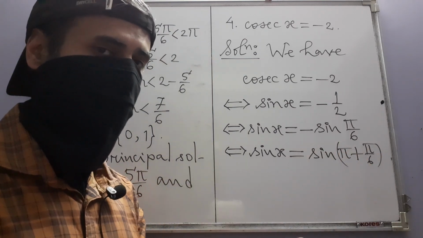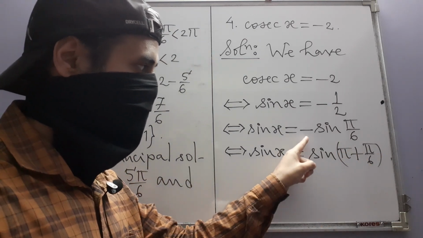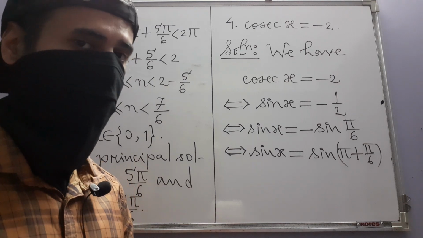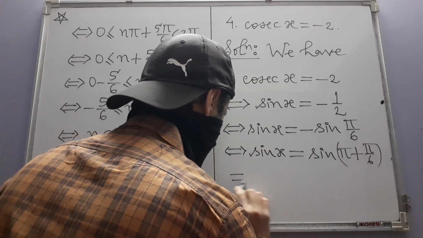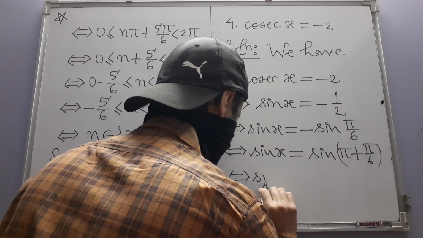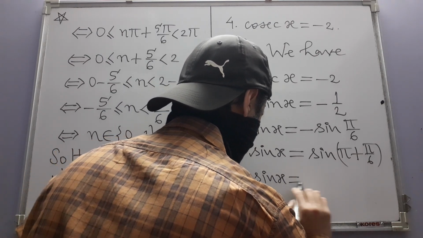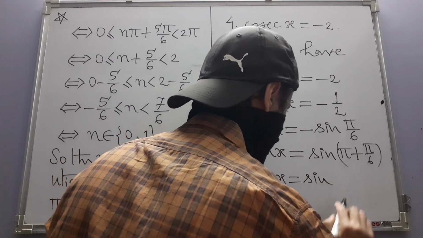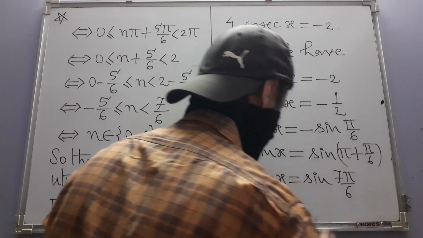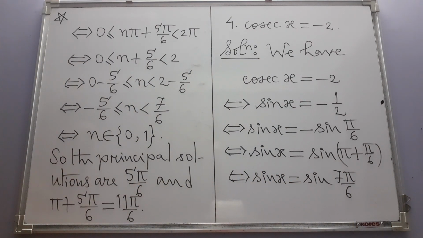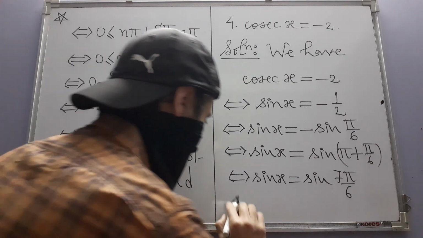Cos pi is minus 1, so that means minus sin pi over 6. Yes. So this will be 7 pi over 6. So now we can write the general solution. Hence,